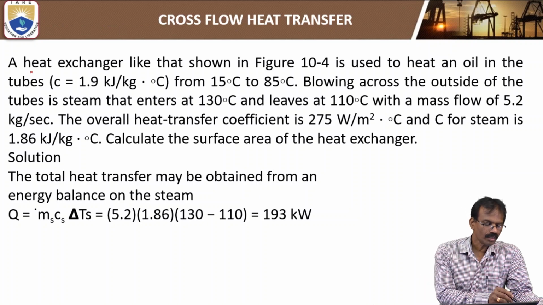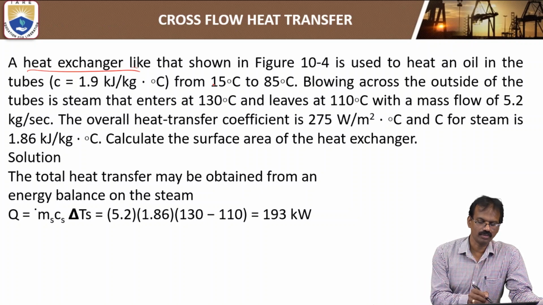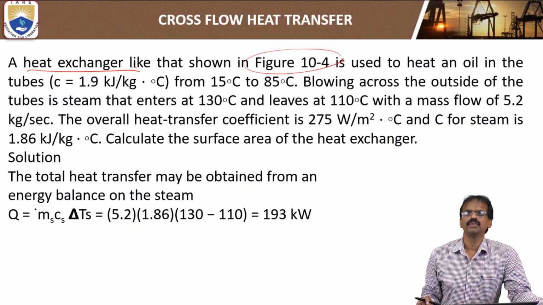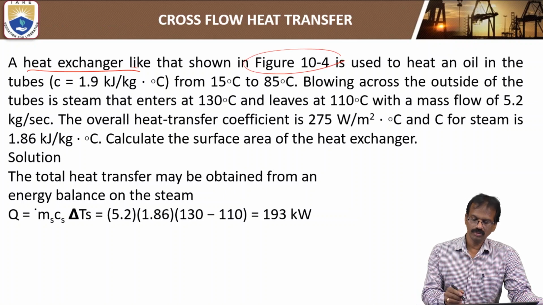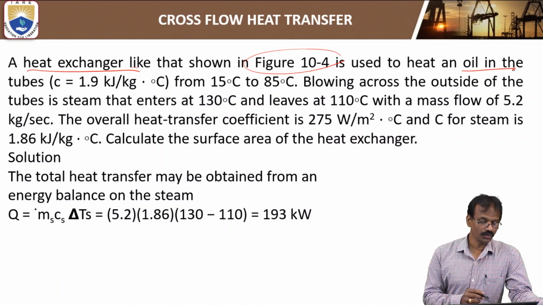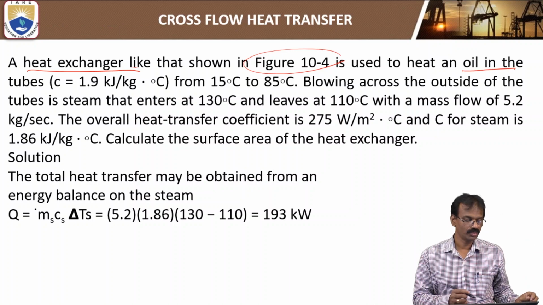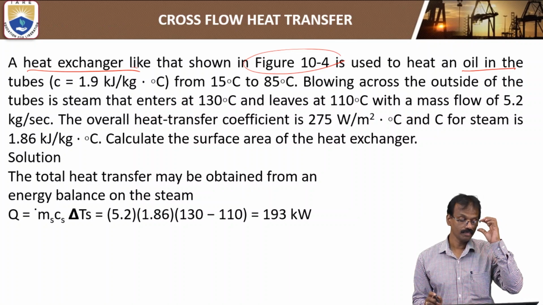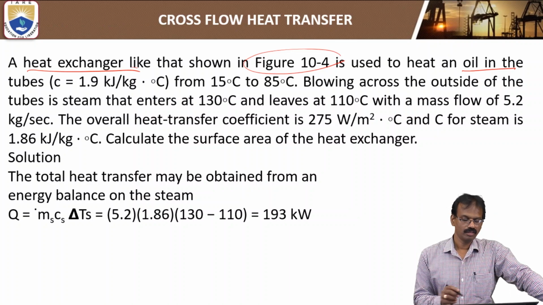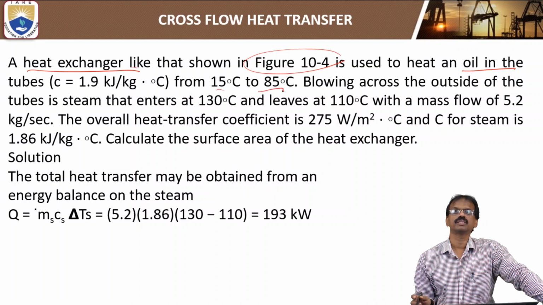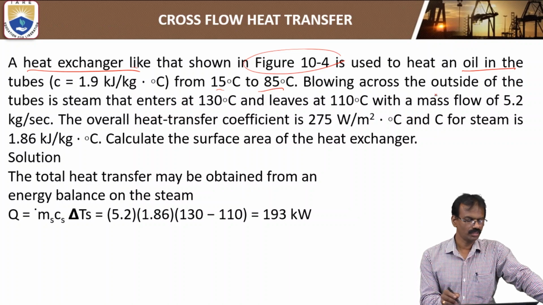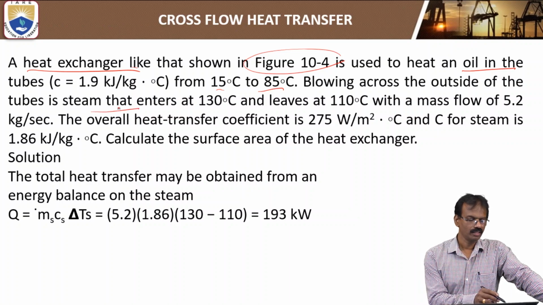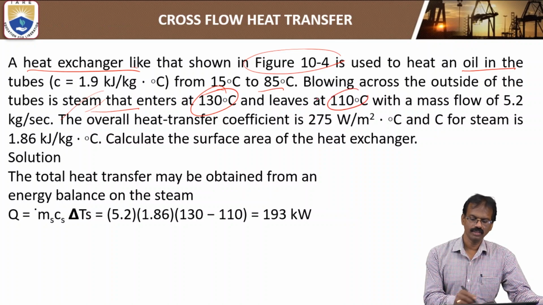A heat exchanger like that, the figure is also given, is used to heat an oil in the tubes. The specific heat of the oil is also given, 1.9 kilojoule per kg Kelvin, from 15 degrees Celsius to 85 degrees Celsius. Okay, heating an oil. Blowing across the outside of the tubes is the steam. Steam entering, THA is equal to 130 degrees Celsius and leaves at 110 degrees